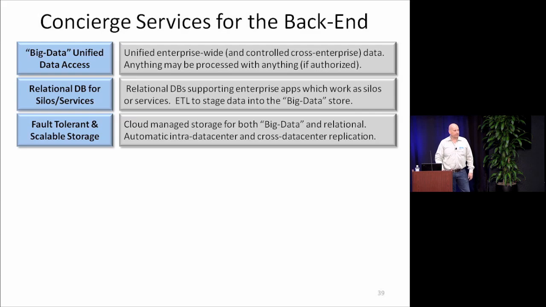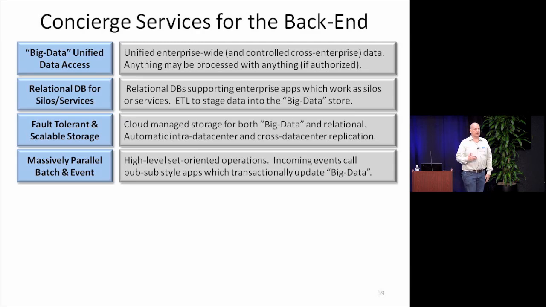because I want to be able to analyze it while my application is continuing to work in its legacy environments. Fault-tolerant scalable storage, cloud-managed stuff for big data and automatic intra and cross data center replication so that you can walk in and go, and things just keep going. I always think of a good data center as whack-a-mole, right? I should be able to go, and it pops back up, right? And I also believe that if you aren't having enough failures, you're spending too much on hardware. You absolutely need to run on top of crap because it's cheaper. Okay.